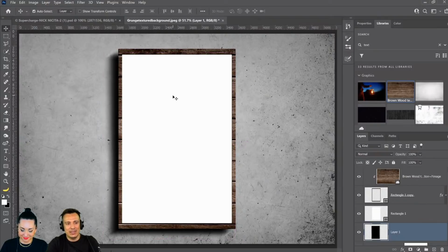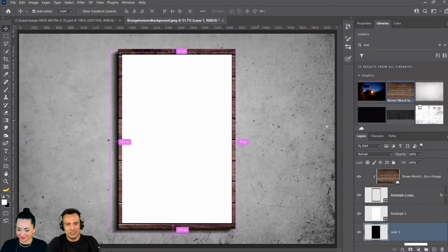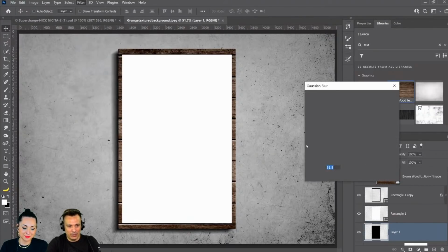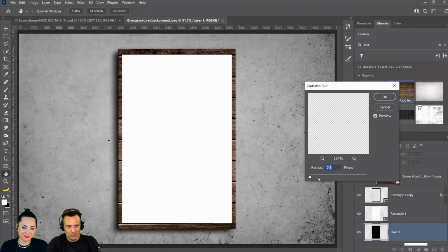And actually, you know what? Now that I did that second one, I'm not sure if I like it. So I'll just stick to the first one. And it might be a little too sharp. So maybe Filter, Blur, and just a tiny little bit of Gaussian blur just because it looks too sharp. So let me see what looks good here.